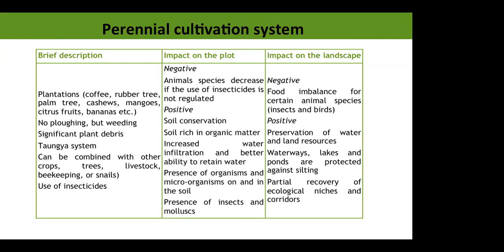The soil has the ability to retain more water, and because the roots of the tree crops travel so far down, they are able to keep a lot of water at the ground water table, and then the tree crops take it up gradually. Then there's presence of organisms and microorganisms on and in the soil because of